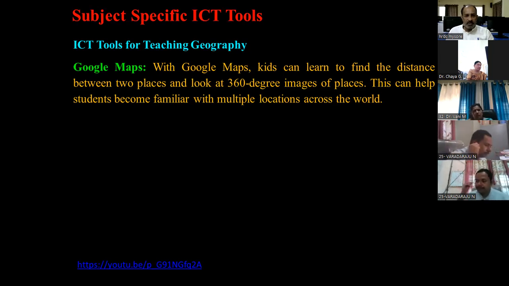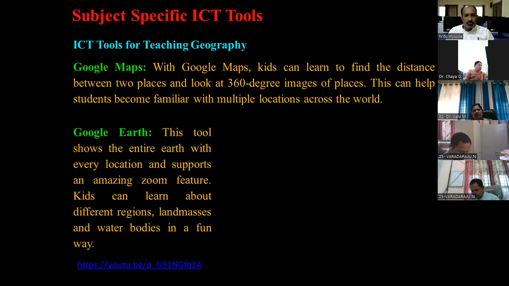And this can help students become familiar with multiple locations across the world. And today, even you can reach unknown places with Google Map. You just ask the person to share the Google location, current location or live location. And just by tracking that, you can reach. And that is the support with technology. That's also a part of the ICT.